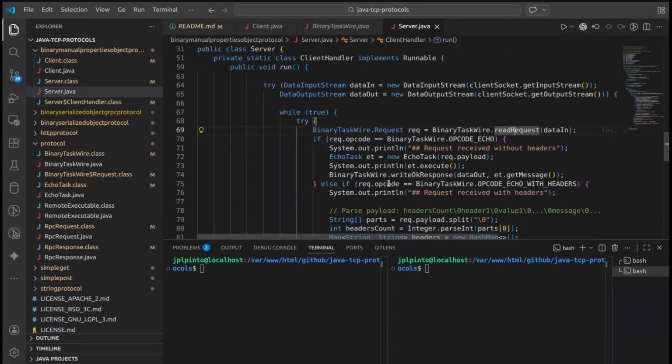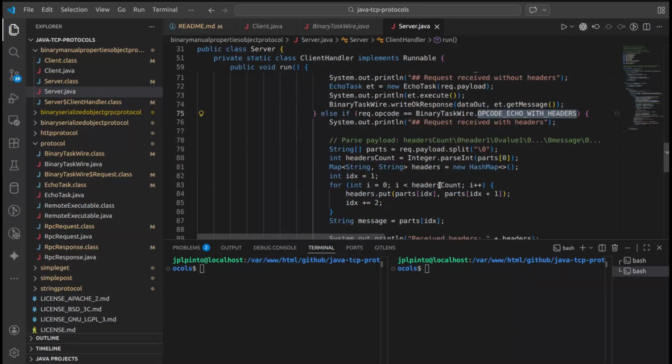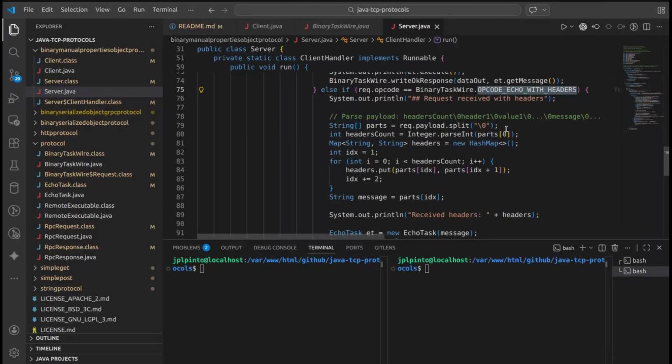And then we check the opcode. If the opcode is with headers, then we know that we need to split the payload with this delimiter. And we know that the first one is the size of the hash map. So then we can do the loop, where we are incrementing the